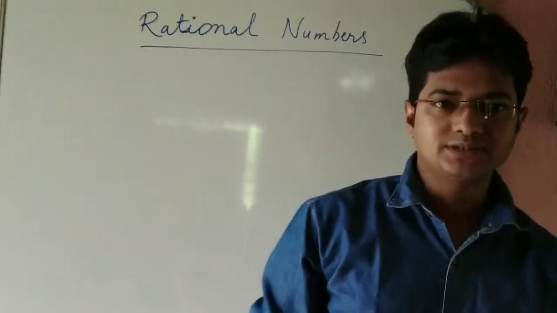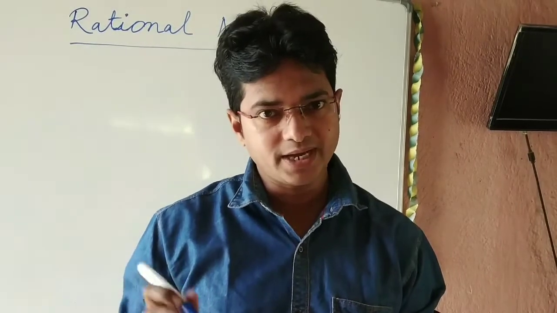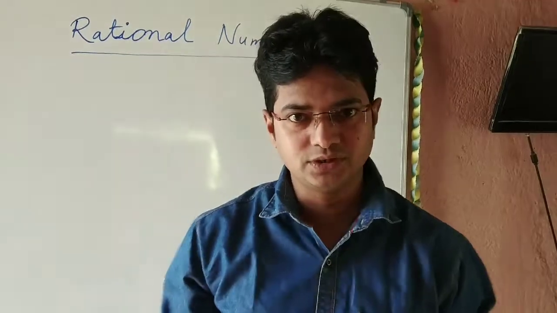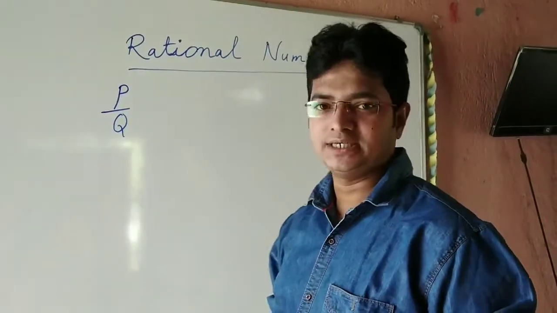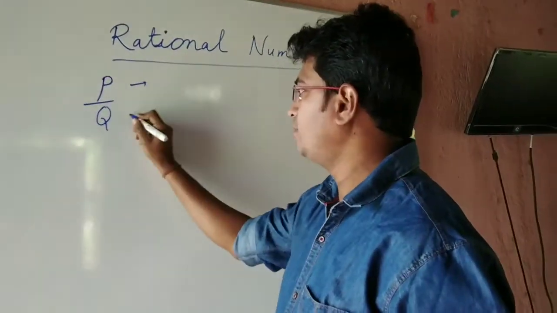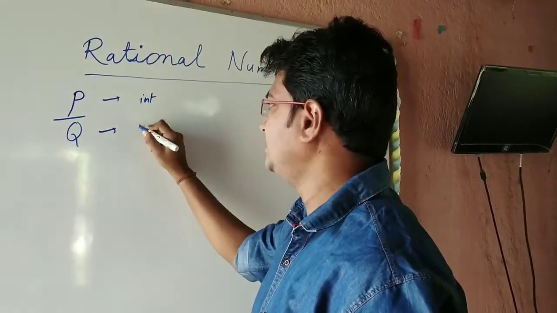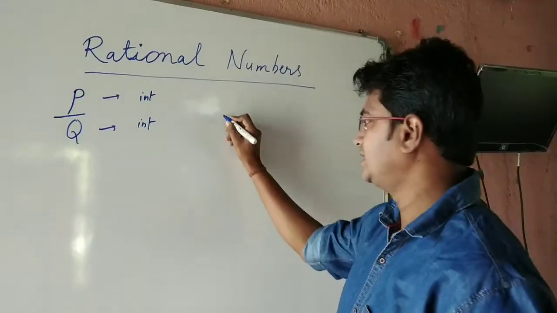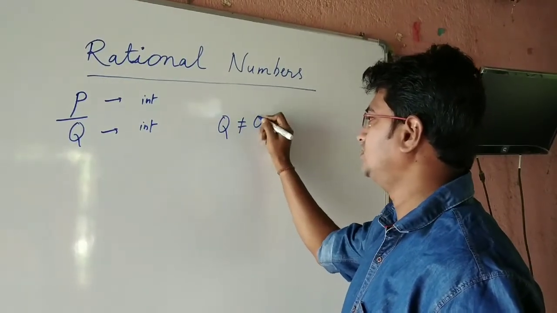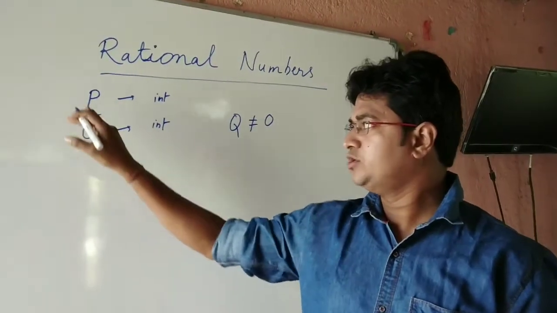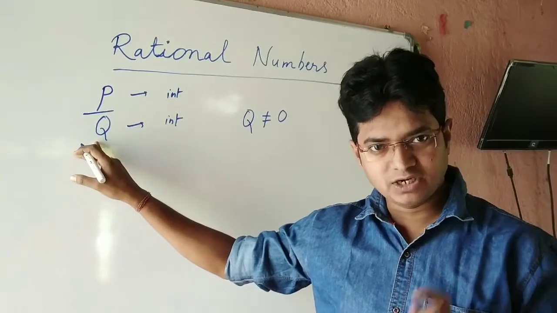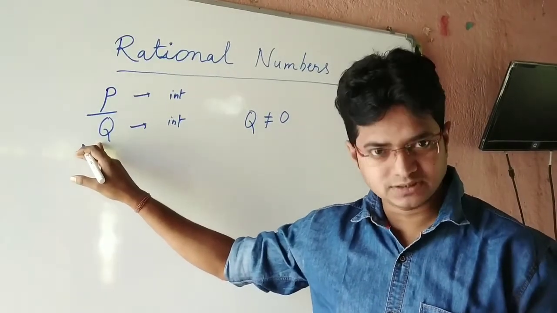So about rational numbers, you know that rational numbers are the numbers which can be represented as p by q, such that p and q are both integers and q is not equal to 0. So for your understanding, it can be represented in terms of p by q, where both are integers such that q is not equal to 0. What you need to note down here is that the denominator should never be 0. If the denominator is 0, it will never be a rational number.